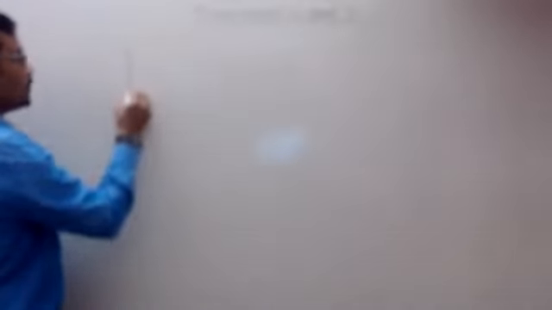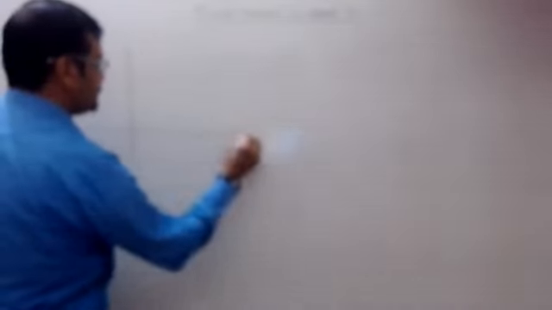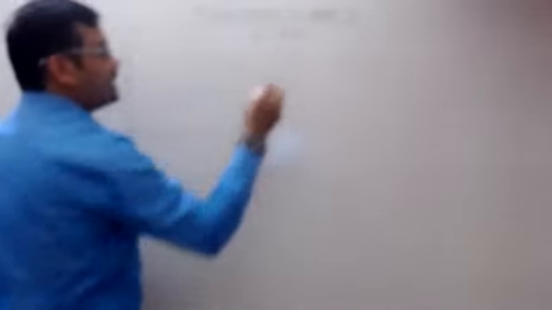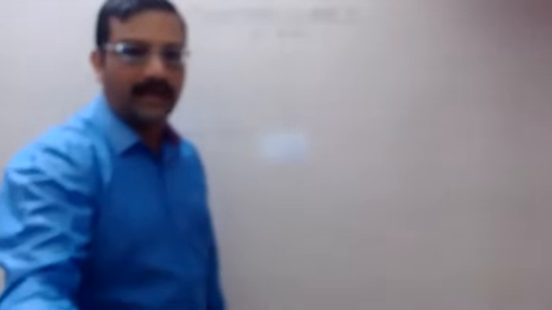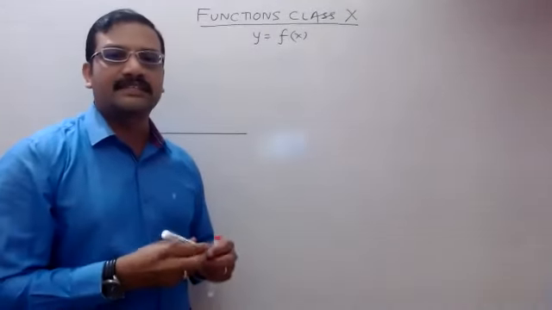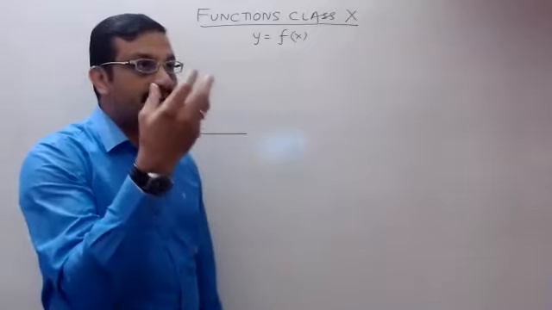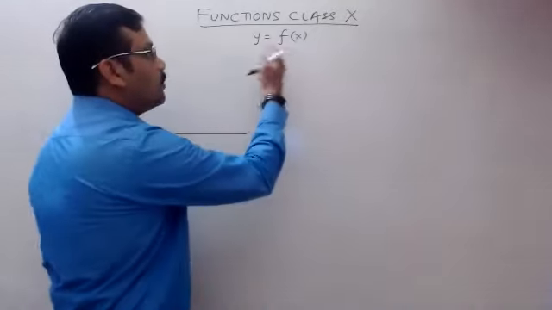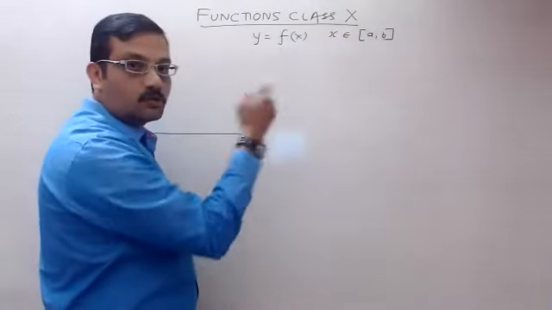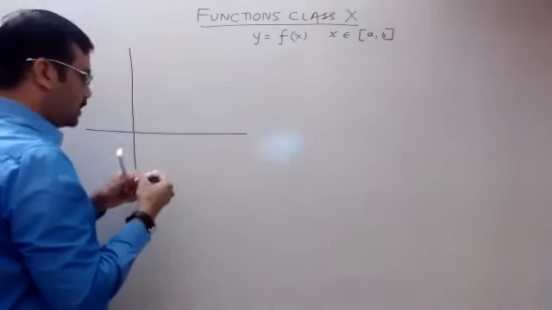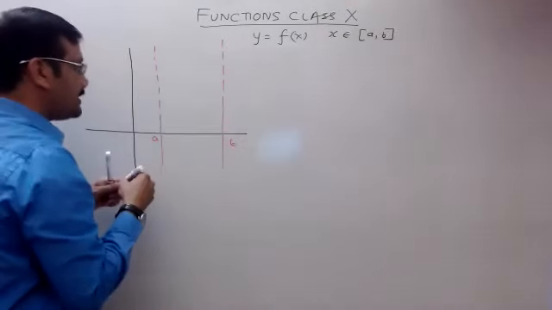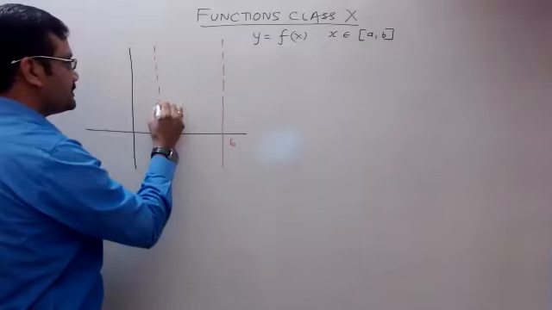So we drew one graph, right? We took the function y is equal to f of x, and we assume that y is equal to f of x is a continuous function which is not breaking. So y is equal to f of x, x belongs to the square bracket a comma b. Then I told you how to define it. This is a, this is b. In between, we drew the function like this,